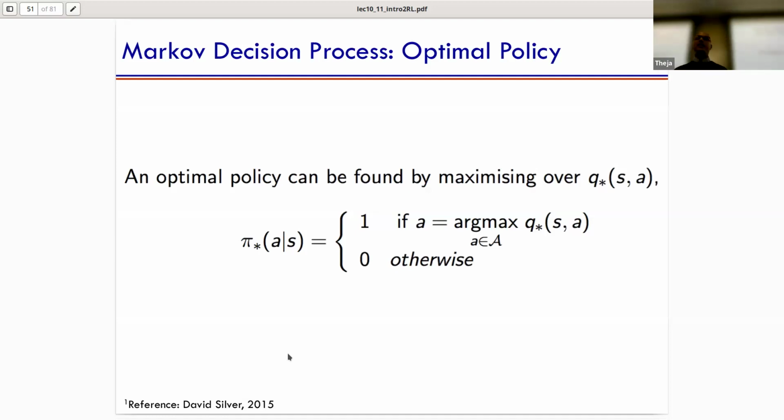If you could solve the nonlinear equations and somehow get a handle on Q star, then your optimal policy is just given by Q star. Very simple. Now, if you knew the environment, only then can you solve the Bellman optimality equation, because that equation involves expectations and rewards and so whatnot. If you don't know them, you will not have that system of equations,